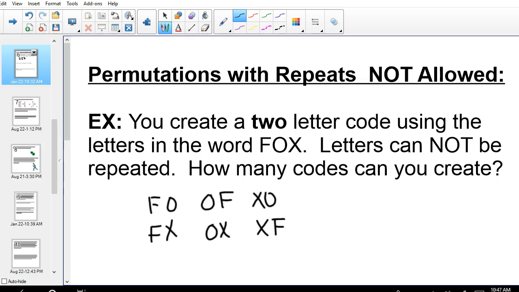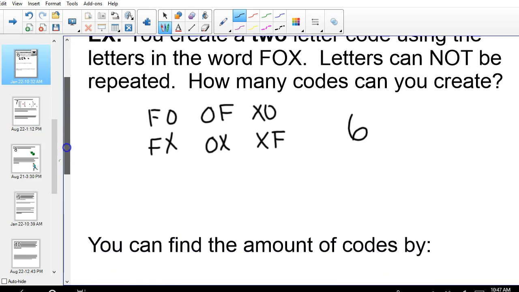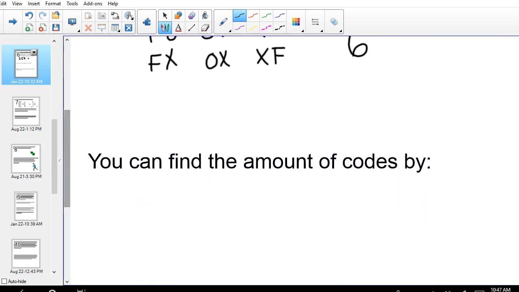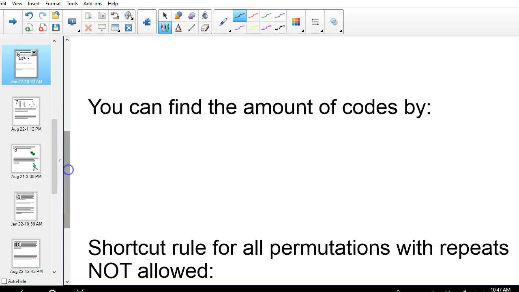Okay, and order matters here, so FX and XF are not the same. So in this case, we've got 6 different possibilities. We could have also just taken the list we had for the last one and marked out all the doubles, those 3 doubles that we had there. So in this case, we can find the amount of codes by doing the same thing we did on the last one,